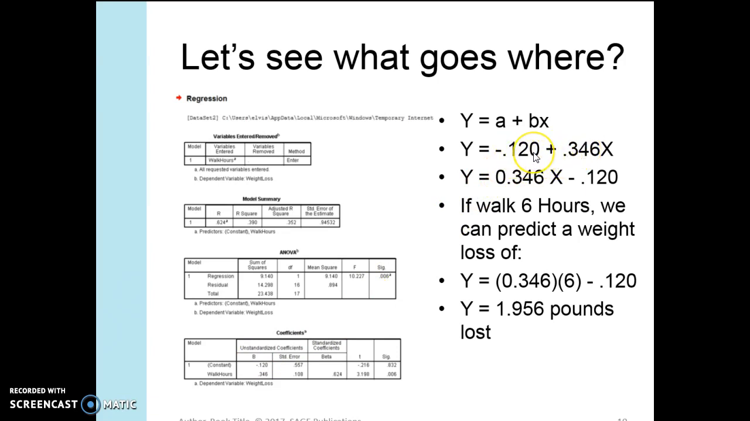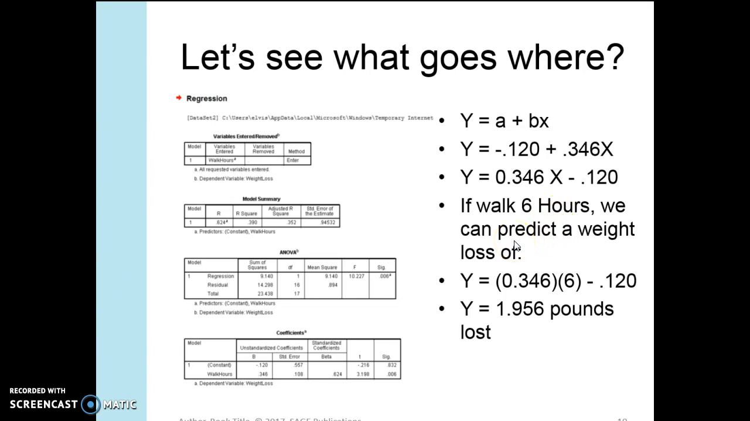Minus 0.120 is the y-intercept. That's the constant term. And the slope is 0.346. You can see that down here in the table. So you put that in, and you have an equation. Wow. Now, if we can make a prediction, if we walk 6 hours a week, we